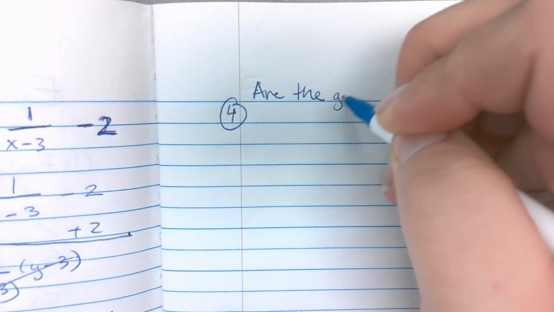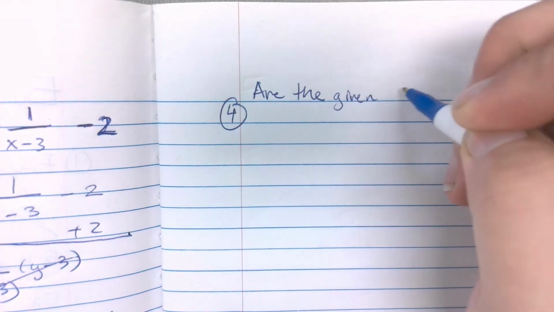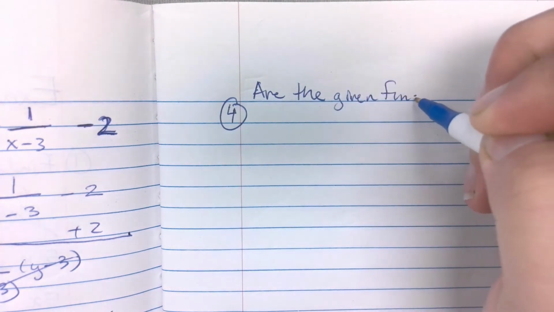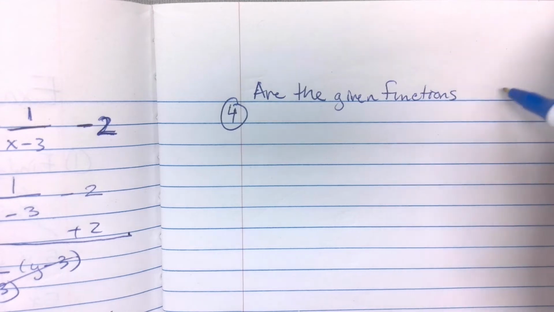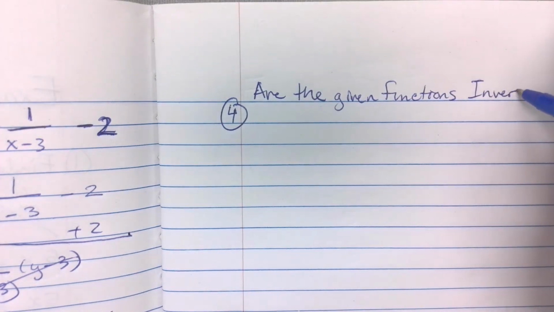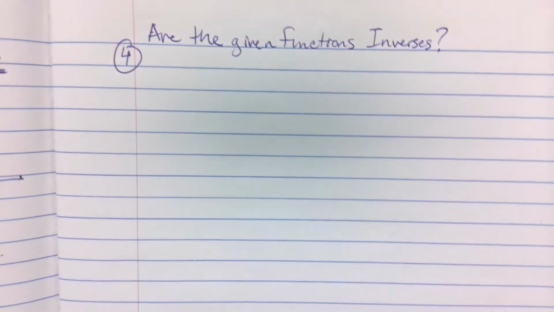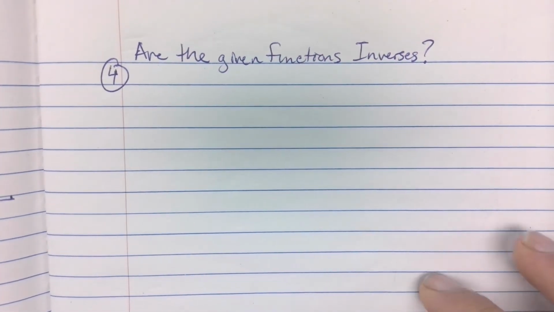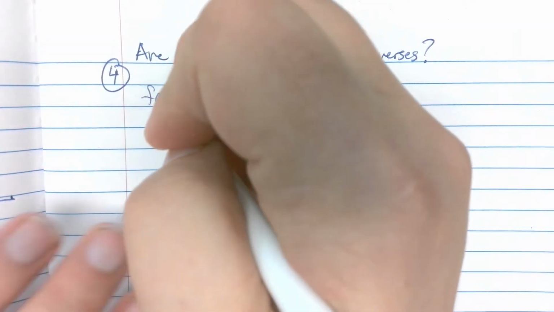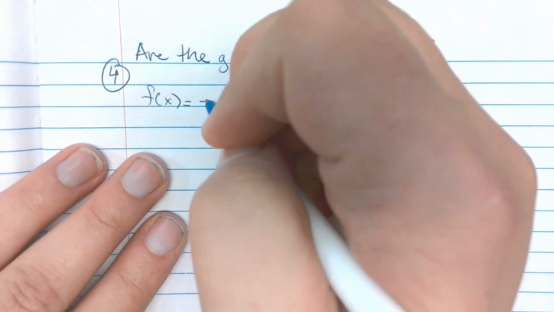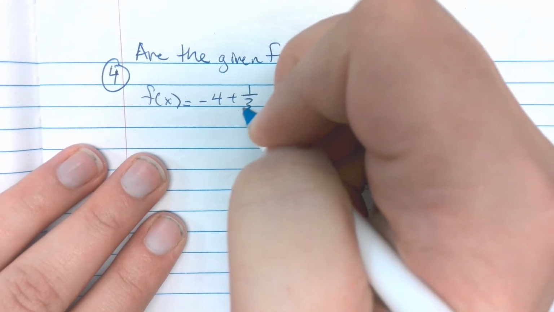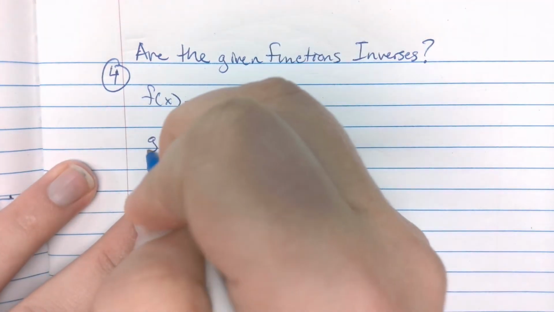Are the given functions inverses? Are they inverses? Yes or no? So this is going to be pretty simple. We're going to start with f of x, and they give us -4. And g of x